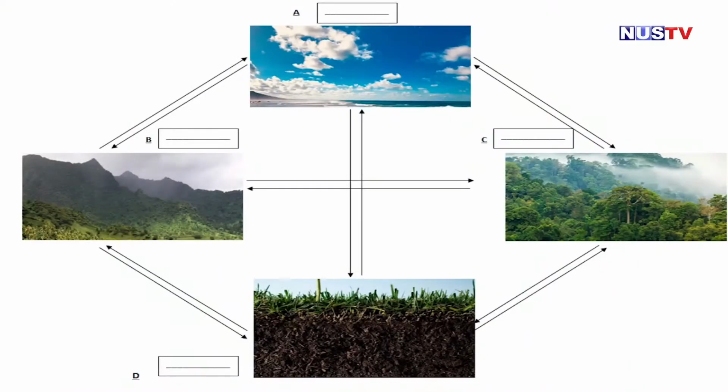Okay, we're going to have an activity. We're not going to do the whole activity, but I'm just going to briefly go over it, and then if you have time, you do it on your own and see how it goes. Okay, in the activity, as you can see, there is a diagram. On that diagram, it represents the four spheres that we already watched in that video earlier. Okay, the first one is climate, second one relief, soil, and then vegetation. As you can see, there are